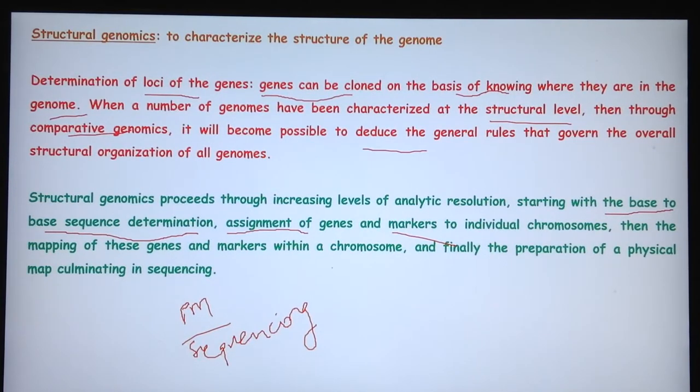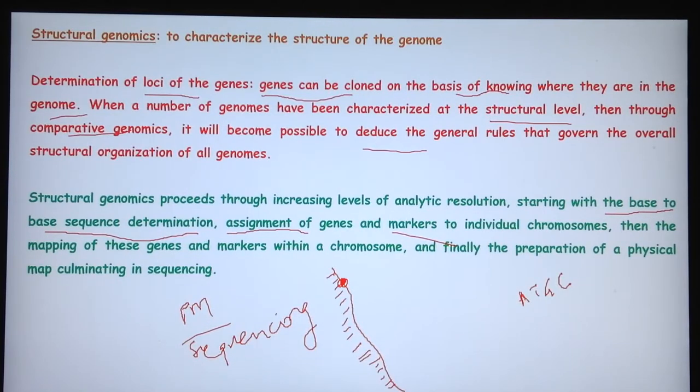So now let's say this is a chromosome. We all know that in this complete chromosome there will be a specific pattern of A, T, G and C. We have discussed A, T, G and C. So we need to come up with the base to base sequence information. What is the order of these A, T, G and C? Now this part will be done by physical mapping, but then let's say we want to explore this particular region on the chromosome of 10 individuals. So how do we do that?